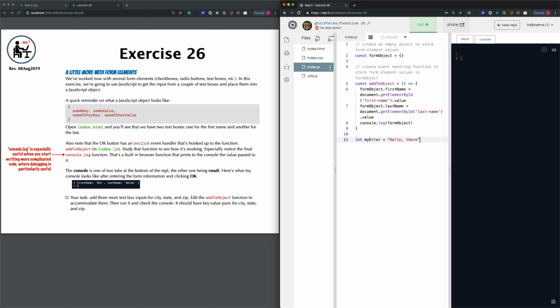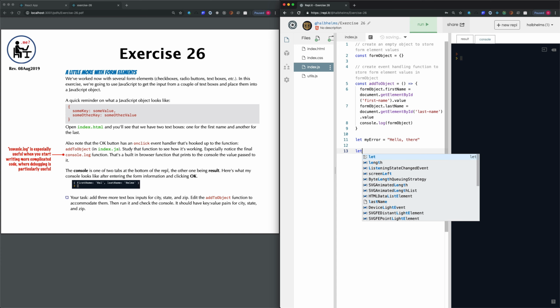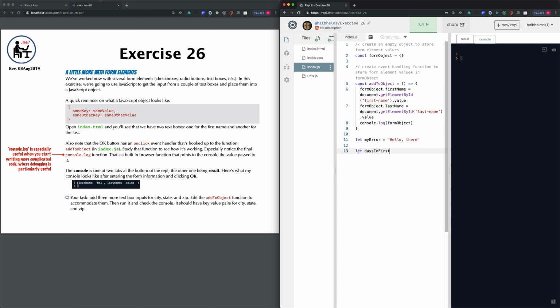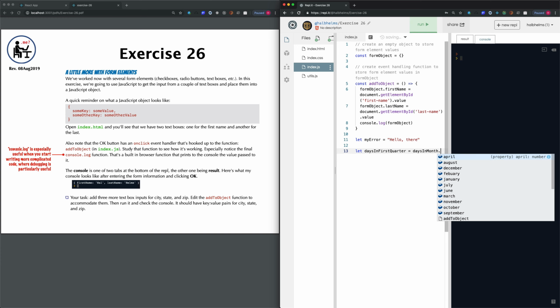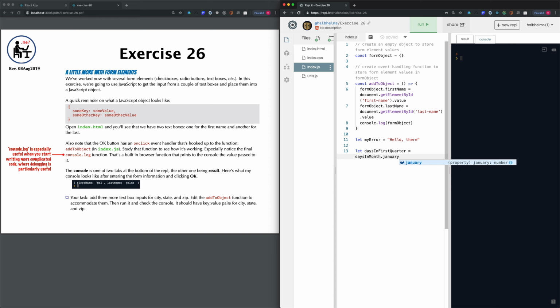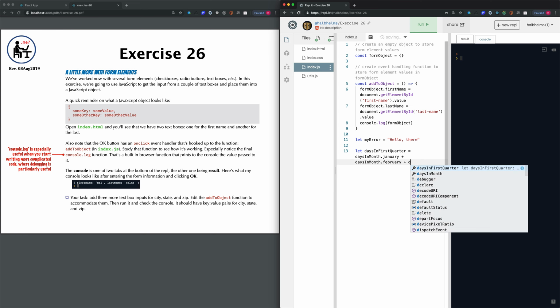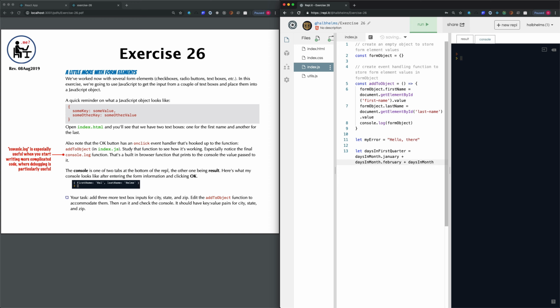So I'll use that to calculate the number of days in, say, the first quarter of the year. So I'll say something like let days in first quarter equal days in month dot January. See, we have the object name dot property name, plus days in month dot February plus days in month dot March. And that should do it. And now I can just do an alert, days in first quarter. And when I do that,